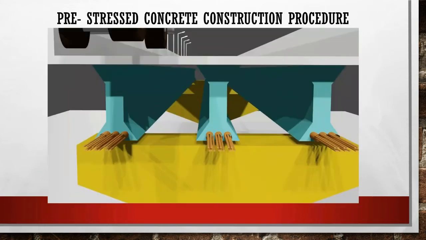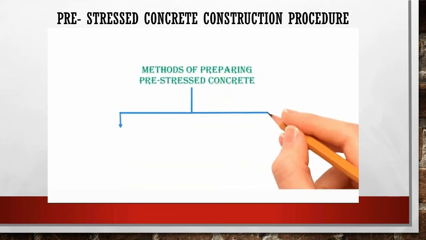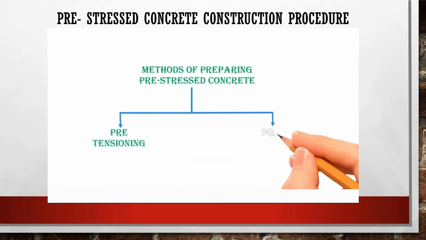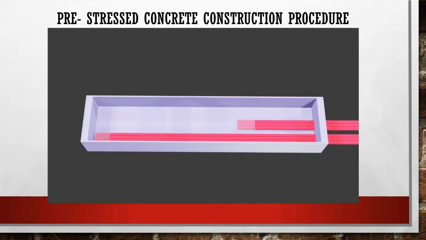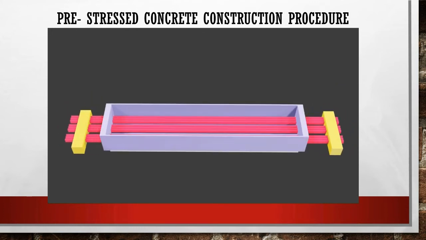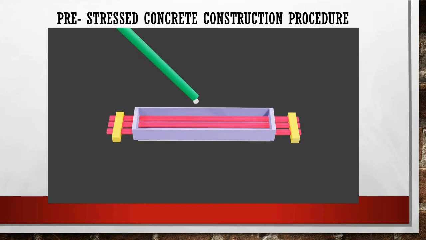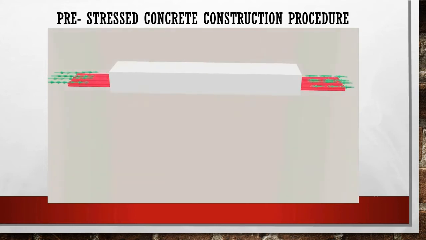So, here's the procedure. Prestressed concrete is prepared by the two methods. First one is pre-tensioned concrete, and second one is post-tensioning concrete. Never be confused between the prestressed concrete and pre-tensioning concrete, because pre-tensioned is the method to prepare prestressed concrete. In pre-tensioned concrete, firstly steel wires are pulled, which will further act to produce compressive stress. After stretching of the steel wires, concreting is done. When concrete achieves its characteristic strength, then the grip of steel wires is removed. As we remove the wire grip, it tries to compress the concrete, which produces compressive stress in the bottom of